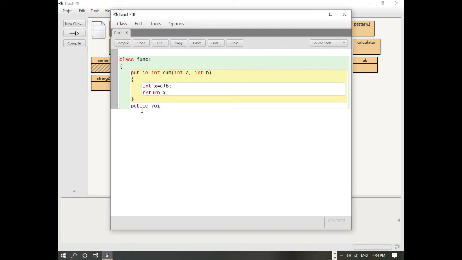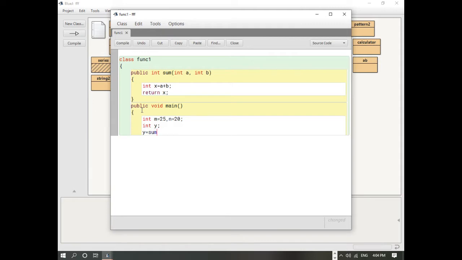So public void main, I'm calling this inside the main function. Here we'll have to take different variables. And I'm assigning a value to the variables also, and one variable which will call the function and store it, it will be stored in this variable.